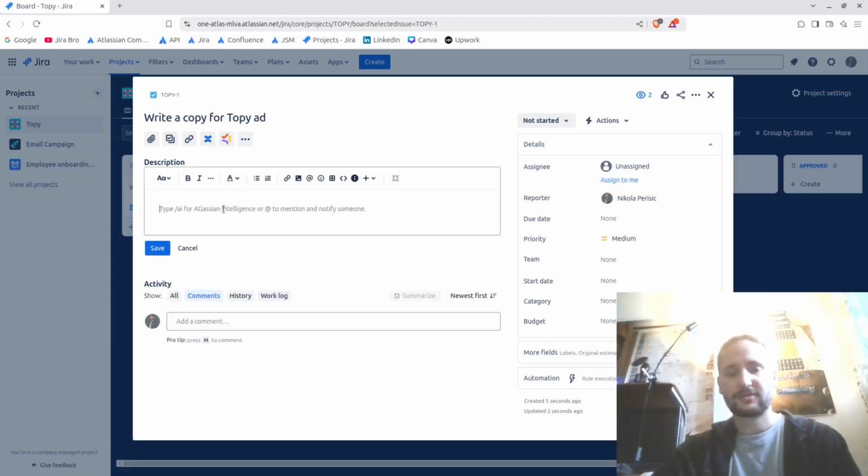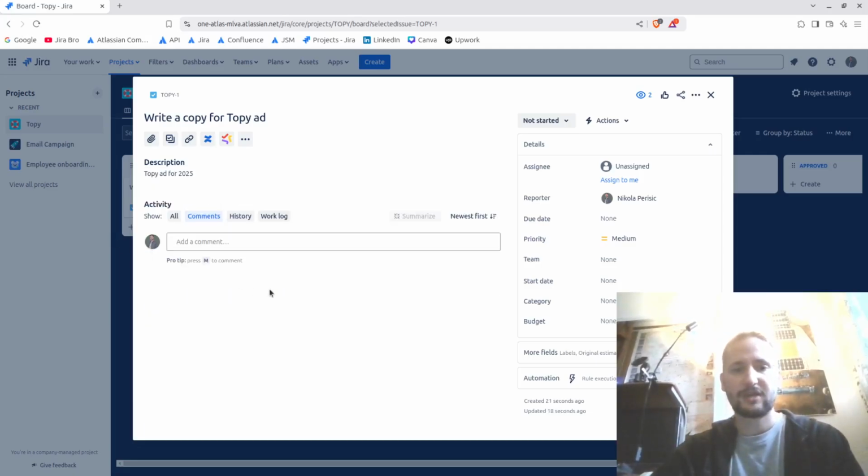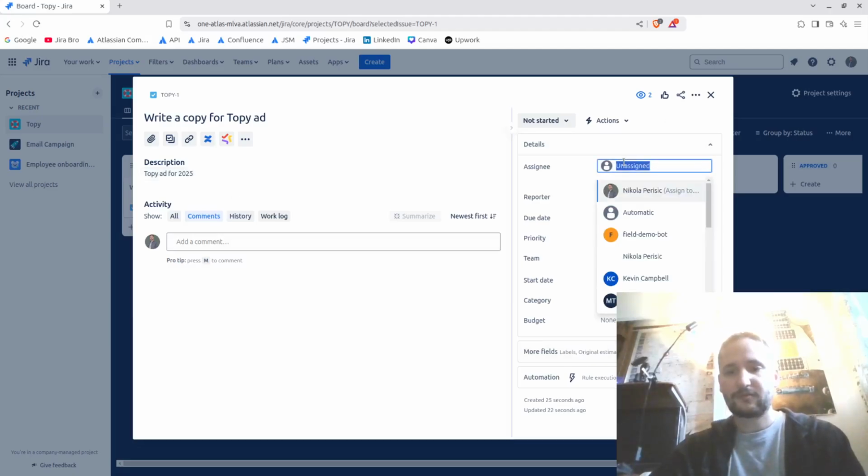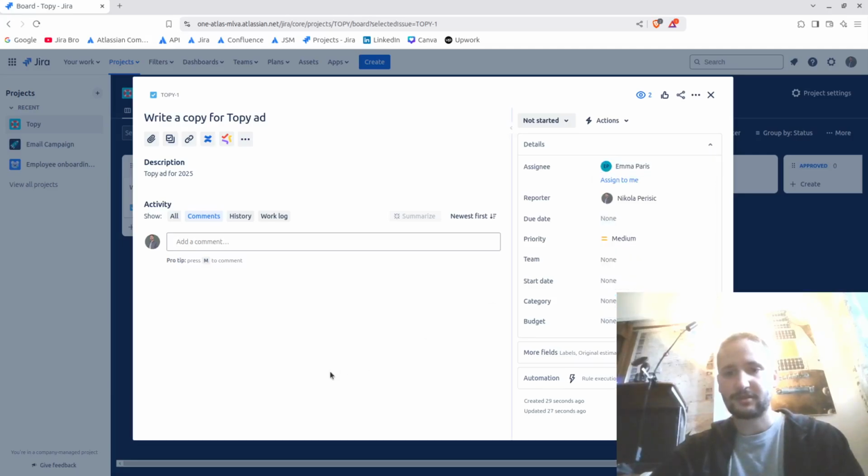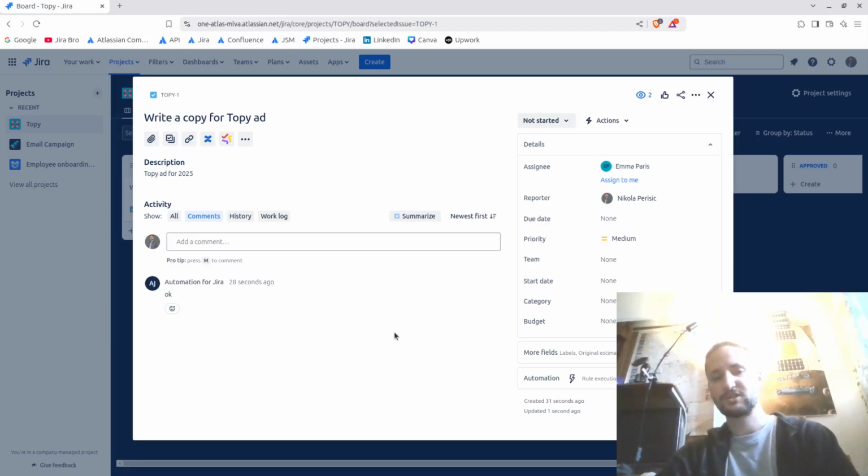I can fill this description, and I can say Topi ad for 2025, and I can click on save, and this is going to be in my description. Now for the assignee, I can assign someone else for this. I can say that this is going to be for Emma, because she's the specialist in here, and you can